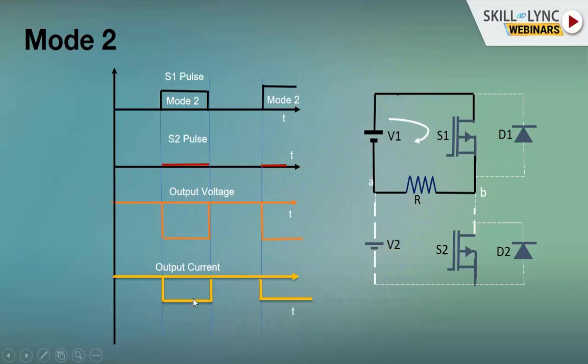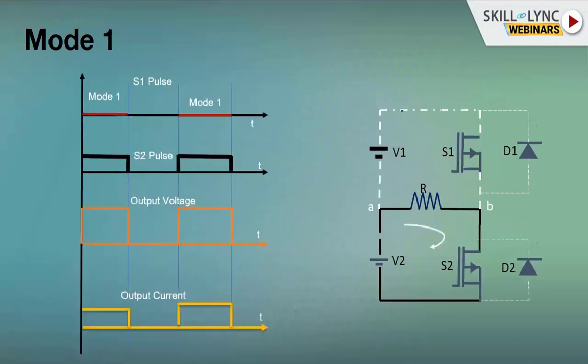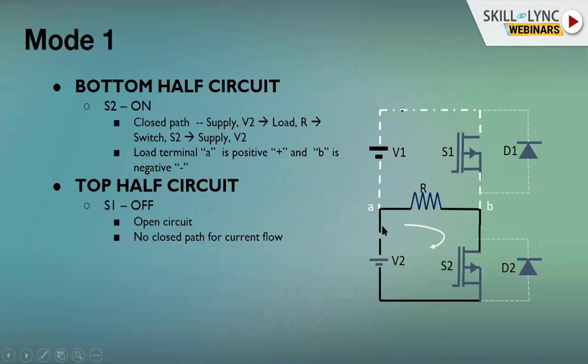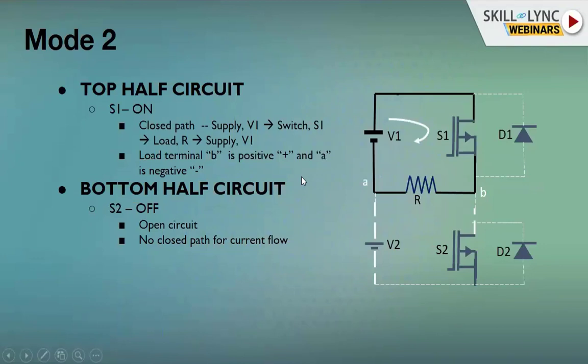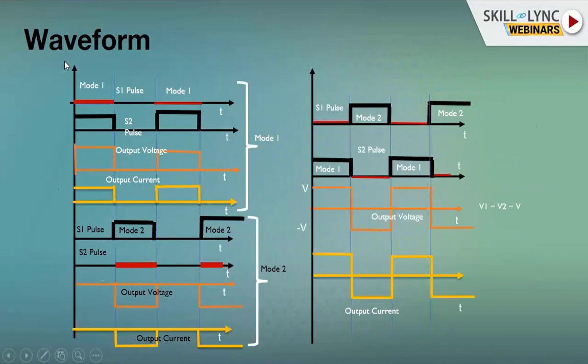Similarly, what would be the current? Current would be V divided by R. So this is the current, and again, it takes the same value, which is negative. You can see over here, the current is moving from B to A. Whereas in the previous diagram, that means in mode 1, the current is moving from A to B. So A to B current is taken as positive, whereas when the current is moving from B to A, then the current is taken as negative. Okay. So this first part of the diagram is from mode 1, and the second part of the bottom diagram is from mode 2.